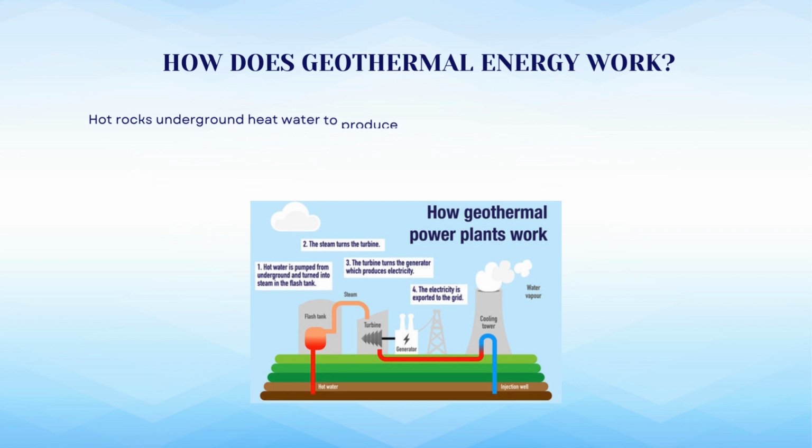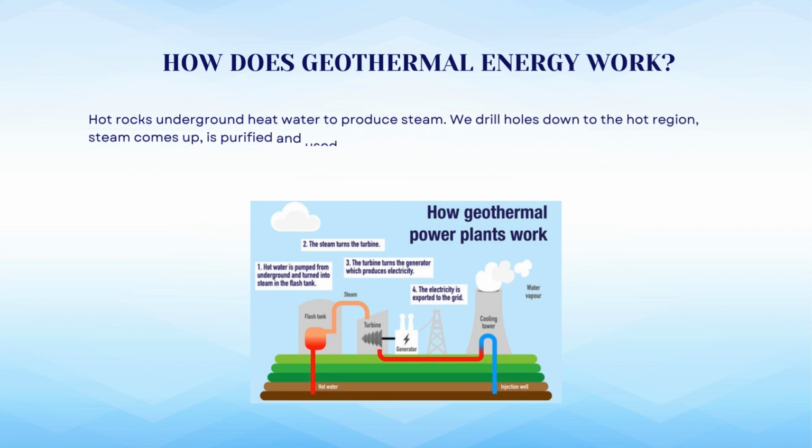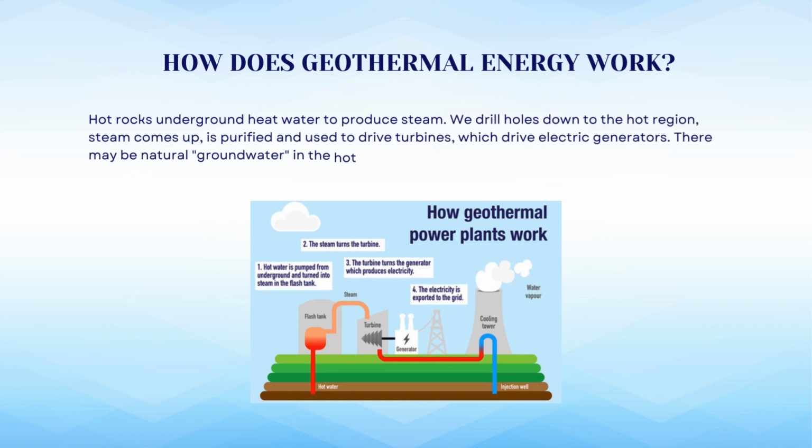How does geothermal energy work? Hot rocks underground heat water to produce steam. We drill holes into the hot region. Steam comes up, is purified and used to drive the turbine, which drives the electric generator. There may be natural groundwater in the hot rock anyway, or we may need to drill more holes and pump water down to them. This diagram shows the working of a geothermal power plant, from taking the hot steam